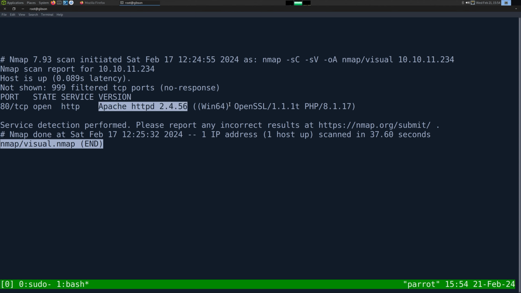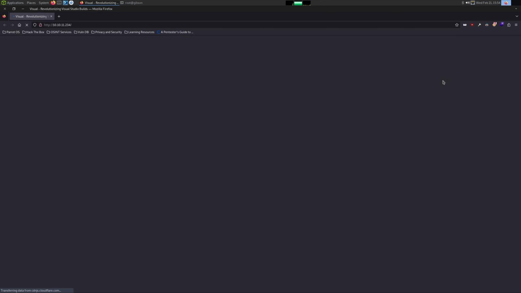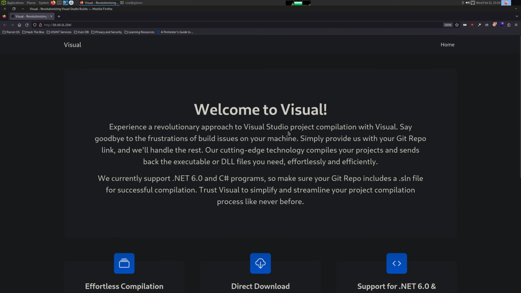Its banner tells us it's Apache running on a Windows server, which is a bit odd, and that it also has PHP. So this is definitely an odd combination for Windows. I'm used to it being IIS and not allowing PHP, but hey, let's just go check out the website. So I'm going to do HTTP, then the IP address of 10.10.11.234, and the banner tells us, welcome to Visual,